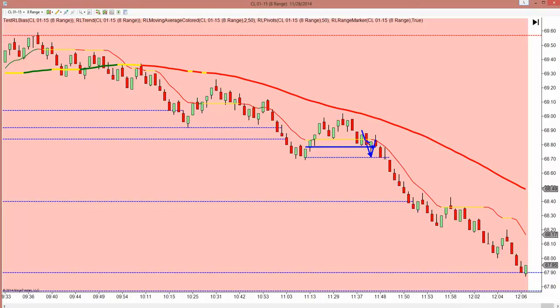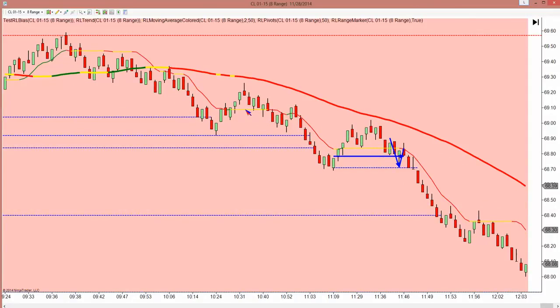Now, if it broke the 15 and the 15 was yellow and just went straight down, we can't get it. And we're not going to get every trade. But we predict that after a period of consolidation, right here, the yellow modified 15,